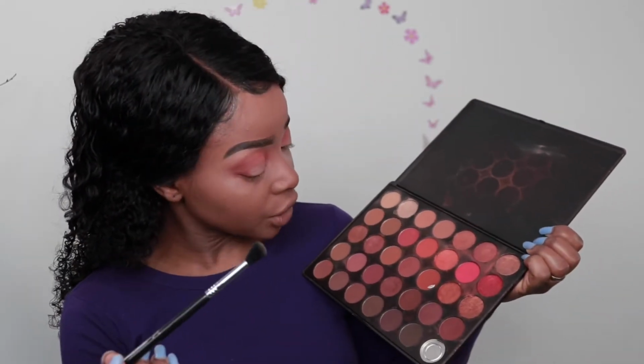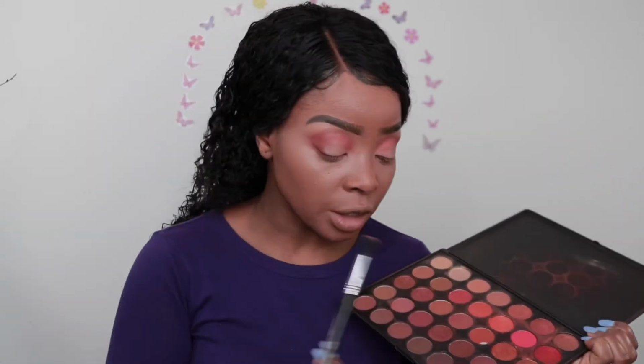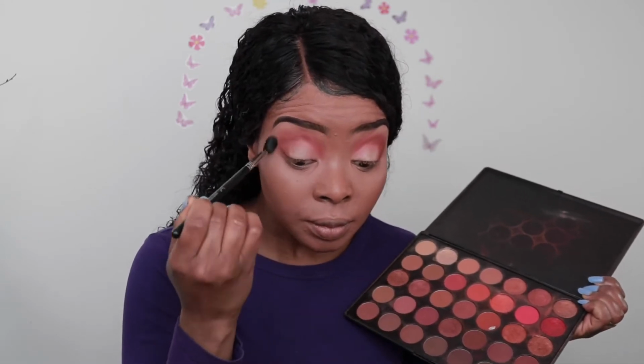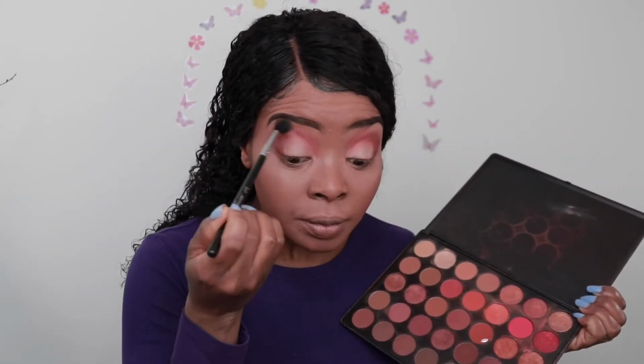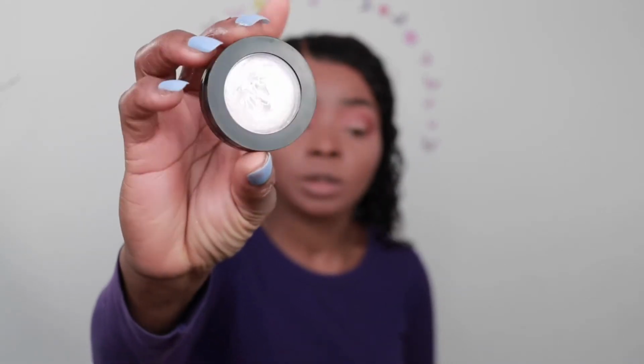I'm gonna get a lighter shade to blend that out. I'm gonna get this one here and just use that to blend. This one here is what I'm using, and I'm just blending out. Kat Von D, and this is in the shade Crystal Rose. I'm gonna use my fingers for this, so I'm literally